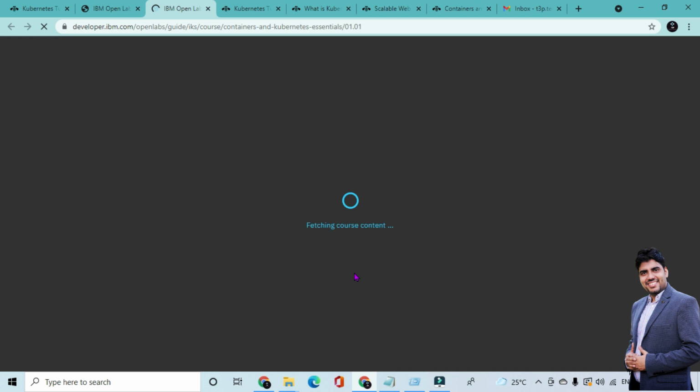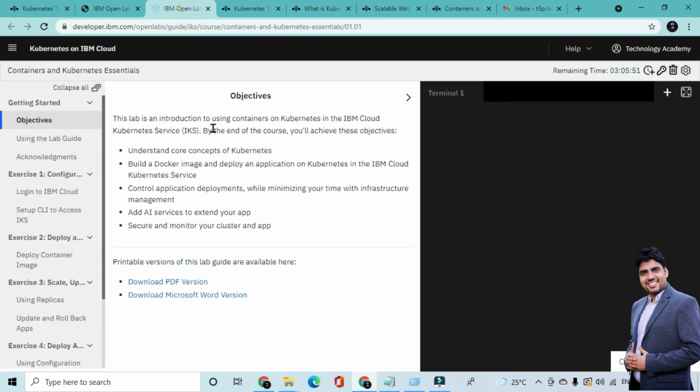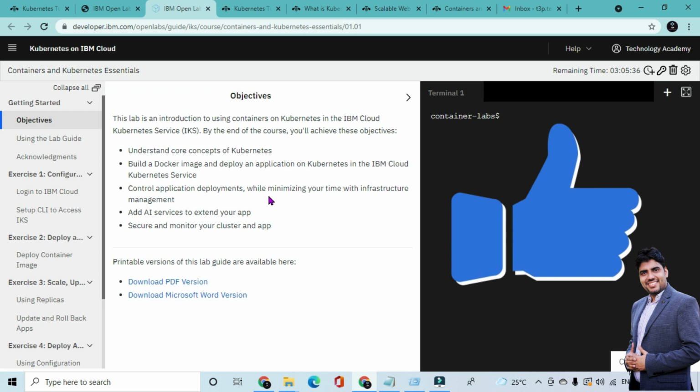In this one, I have already logged in. If you see, my account is already logged in, technologyacademy.com. Otherwise you just need to create a simple account. You need to provide your email address and password. On that email you will get a verification code, a one-time OTP. Once you provide that OTP and your name, your account is created and you are ready to use